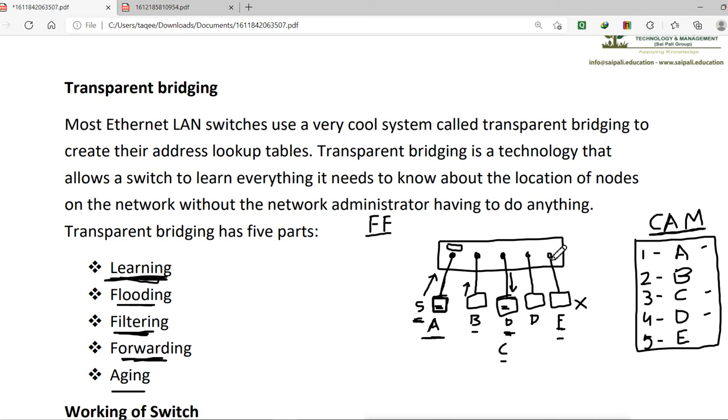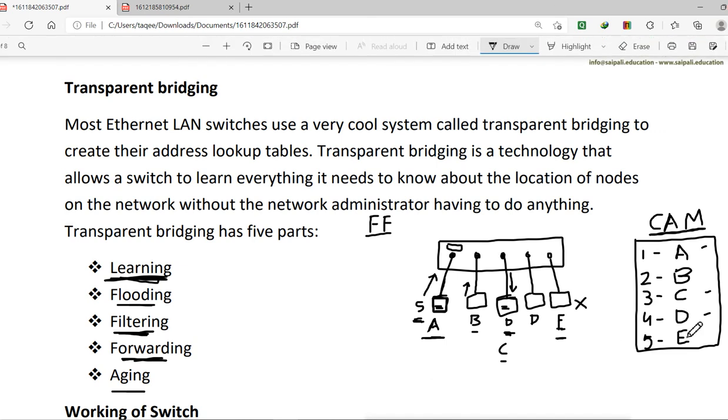So for example, on this port I am removing this machine which has the E MAC address, then I connect another machine which has a different MAC address. So that new MAC address will be added on that port. Then I will connect other machines, and all the MAC addresses will keep getting added into the CAM table. Once the CAM memory is full, it will not be able to add any other MAC address. So for that, it removes the old entries. It will not keep the old entries which are not used, and that is what is called aging.